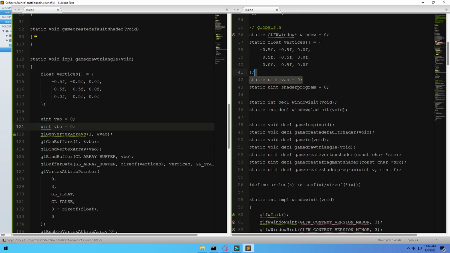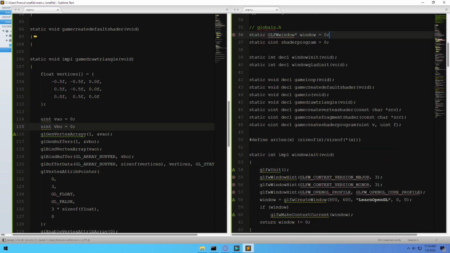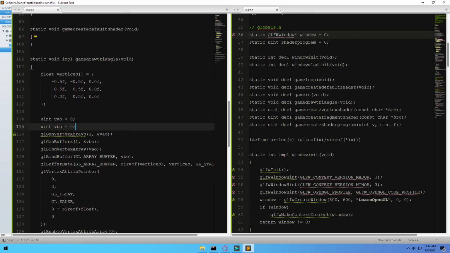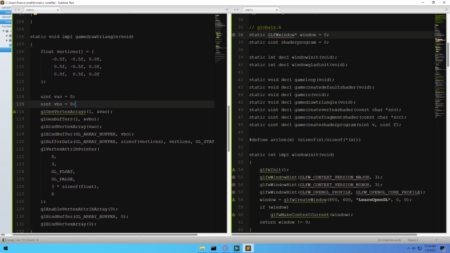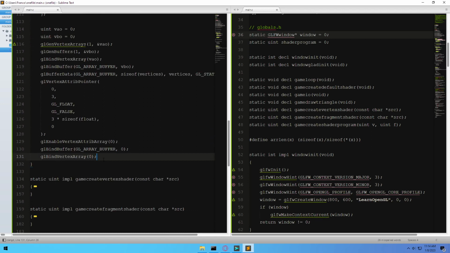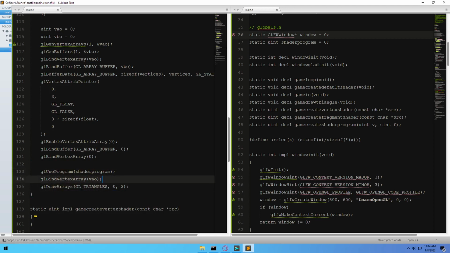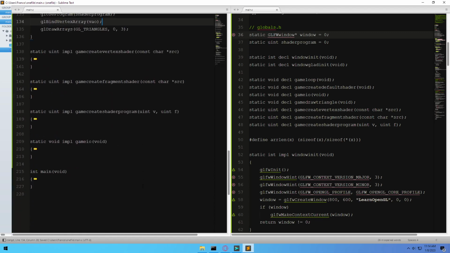We can remove this and this because we're going to be generating everything in here. We bind, we do all of that, and then we use this. So we use the default shader, we bind, and we draw. And then we don't have to delete this. So in theory,